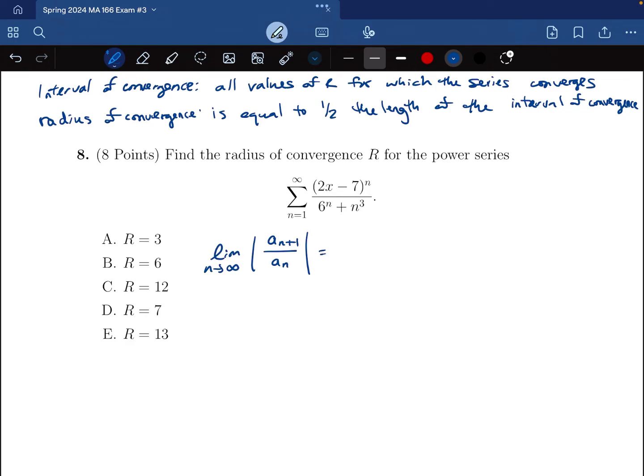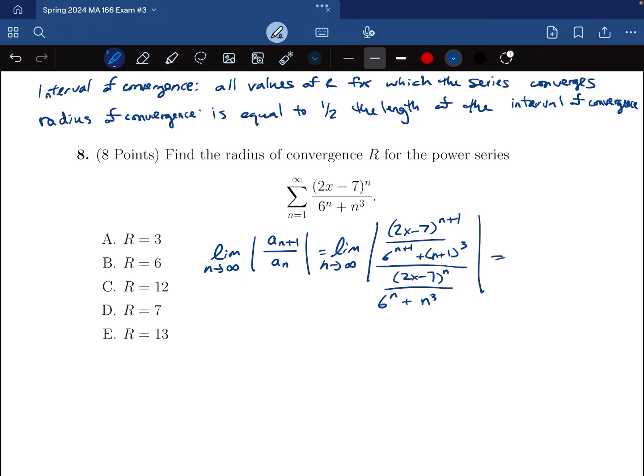In this case, that would equal (2x minus 7) to the power of n plus 1 divided by 6 to the power of n plus 1 plus (n plus 1) cubed, divided by (2x minus 7) to the power of n divided by 6 to the power of n plus n cubed. Okay, and this all simplifies to